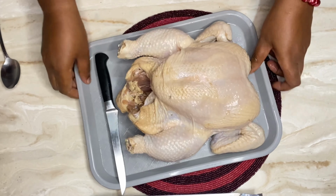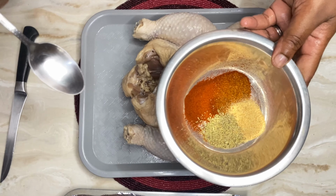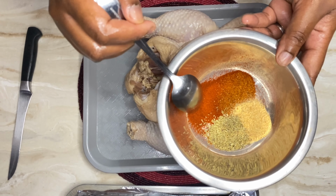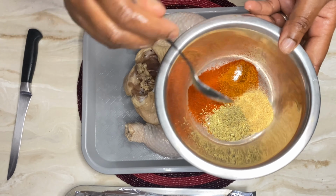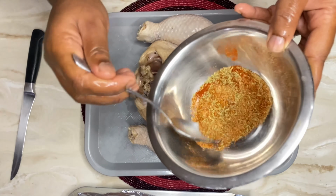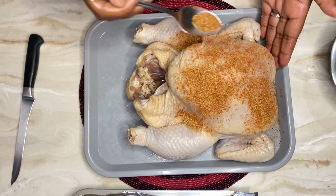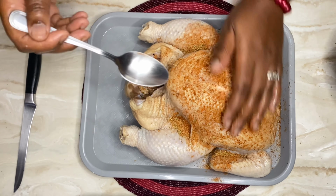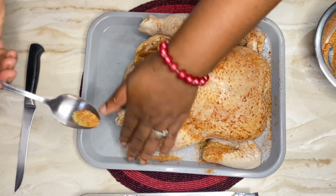Okay, so that's done. Now on to our spice rub. So again, for a spice rub, granulated garlic, rosemary, paprika for color. This is smoked paprika. We wanted that little smoke vibe. And this is some Cajun seasoning. We're gonna just combine it together like this. So these are some of the same flavors that went into the brine. All right, you want to get it all over,